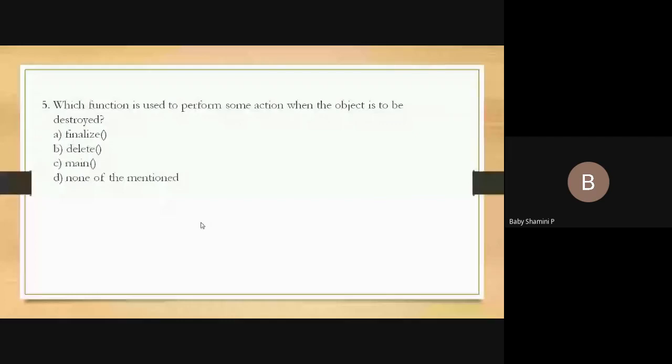If you want to remove some objects from particular memory locations, before destroying the object, it executes one method. So what is the method?